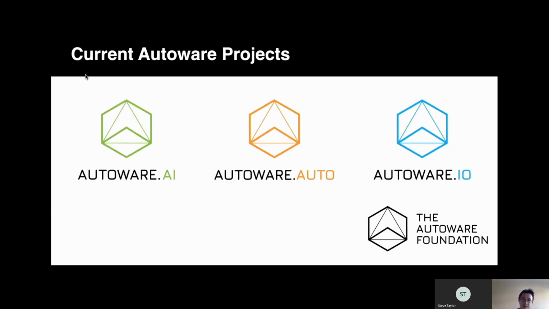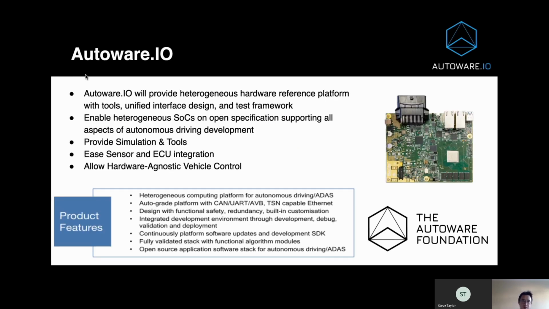There are three lead projects being actively developed in the Autoware Foundation, known as Autoware.ai, Autoware.auto, and Autoware.io. Autoware.io is targeted to provide the heterogeneous hardware reference platform with necessary tooling and unified vehicle interface design, as well as a test framework. On the right, that's the first community developed reference design